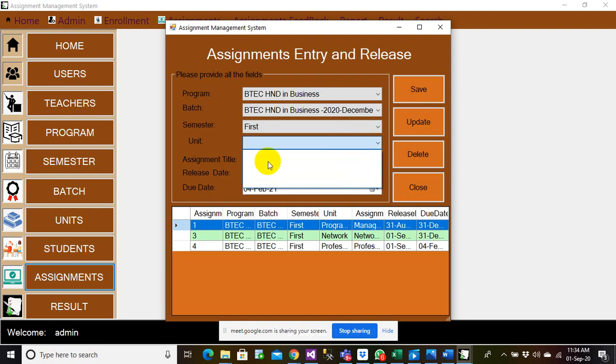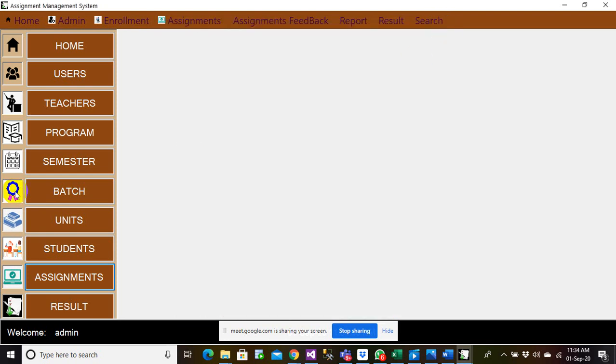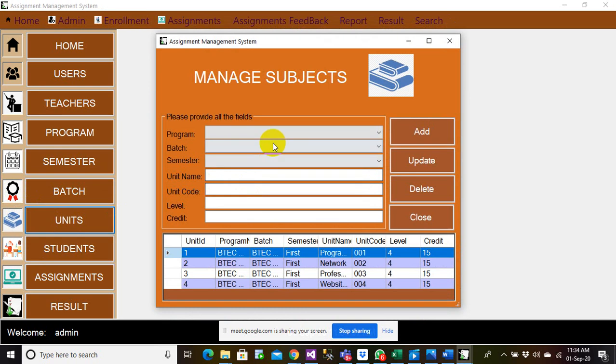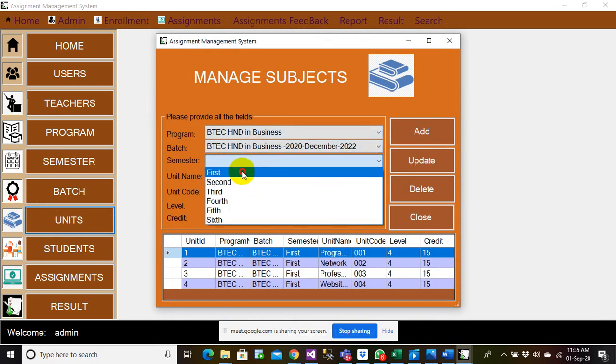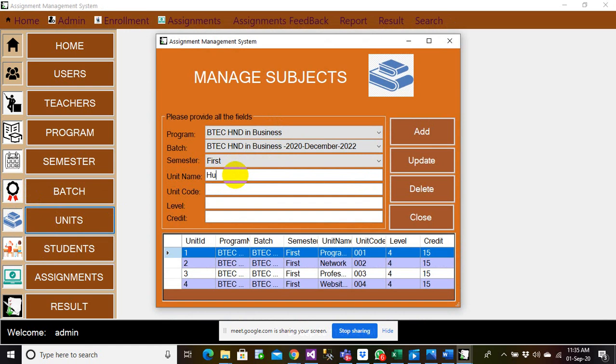First semester unit. Okay, I have not defined any unit. Let me define some unit for business as well. Business batch first, let's say human resource management. 010 level 4 credit 15.